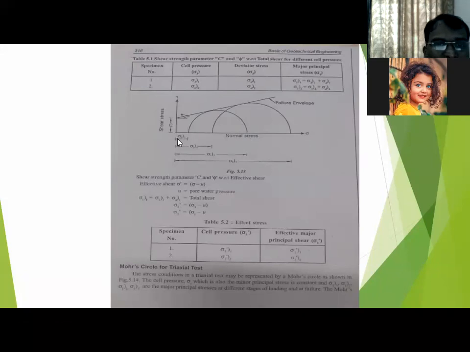मोहर सर्कल में देखिए, ये है आपका सिग्मा 3, ये है आपका सिग्मा 1. इस सैंपल के लिए आप ड्रॉ करें। मोहर सर्कल कैसा ड्रॉ करना, मोहर सर्कल है क्या है ये तो मैं आपको बताऊंगा, लेकिन यहाँ पर आप इतना ही, व्हाट इज मोहर सर्कल, व्हाट इज इट्स इंपॉर्टेंट, व्हाट आर प्रिंसिपल स्ट्रेसेस एंड स्ट्रेन्स तो पढ़े आप, लेकिन एनालिटिकल मेथड पढ़े, 4 केसेस उसमें पढ़े। मोहर सर्कल पहले सिलेबस में था सॉम में,